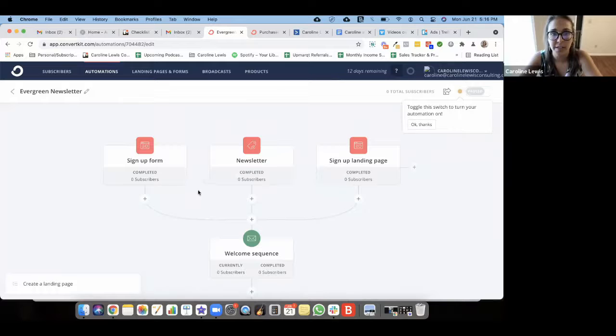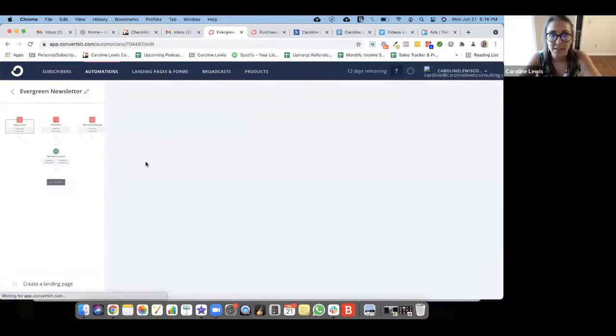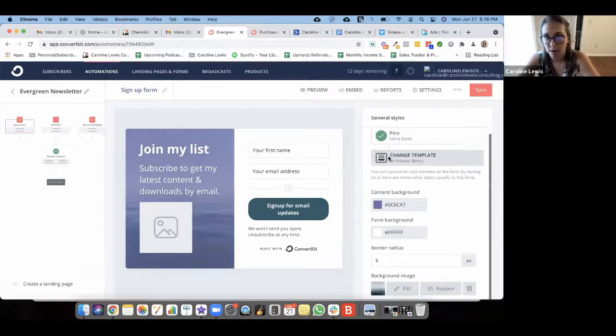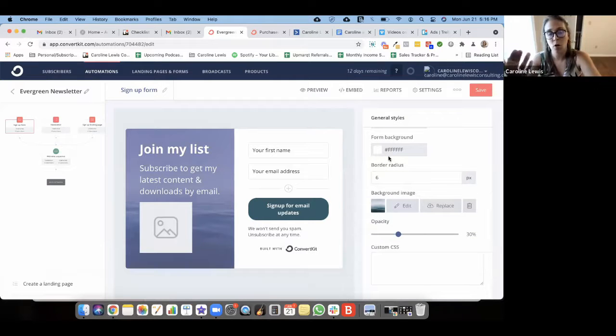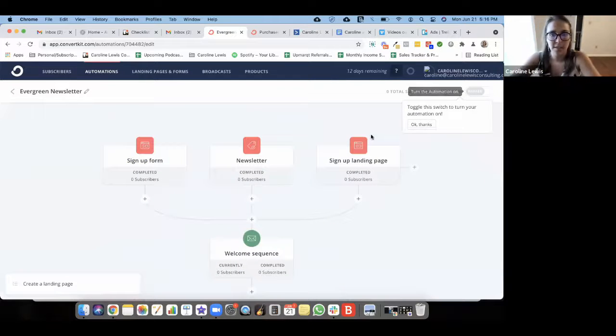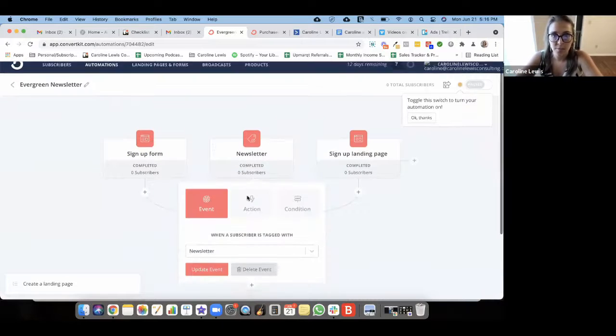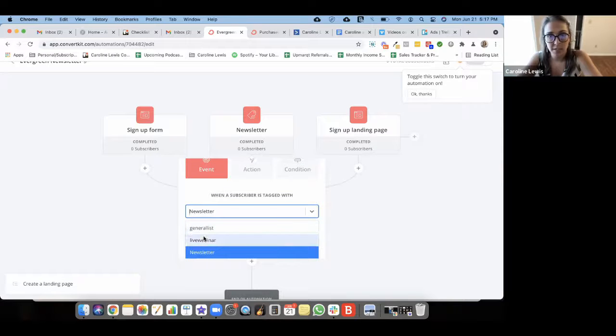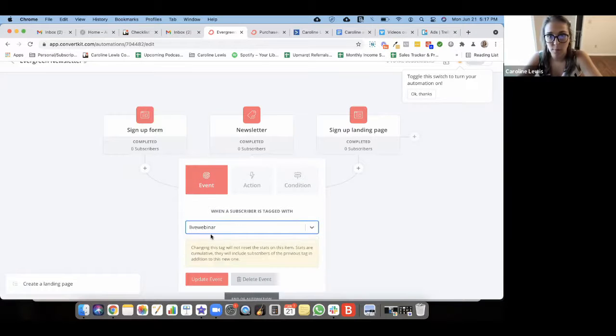And then you're going to come over here and then sign up form. So you're going to build your sign up form, right? So this one would be embedded on your landing page, your website, anything like that. We'll just hit save, which we're going to get to those in a second. Newsletter. So you can have an event, an action, or a condition. So an event for now. So when a subscriber is tagged with generalist, live webinar, newsletter. So we'll say live webinar,